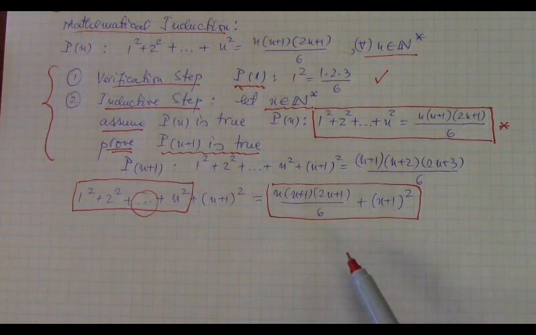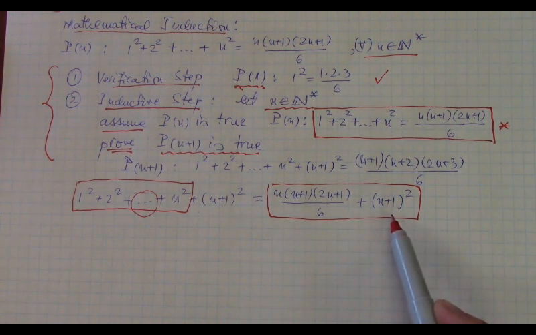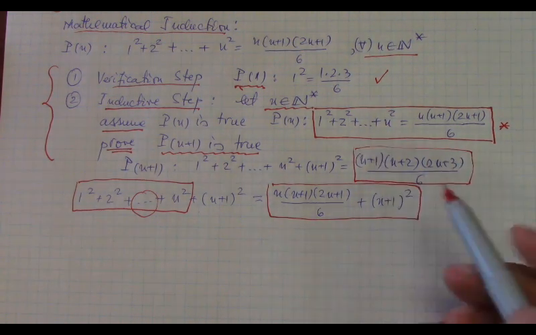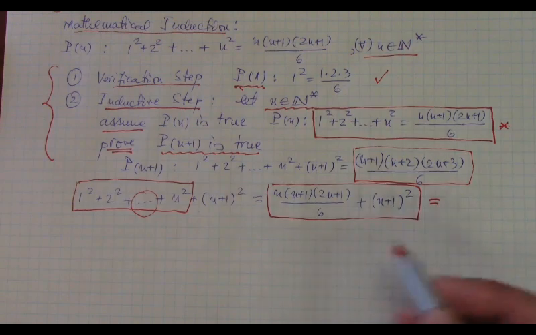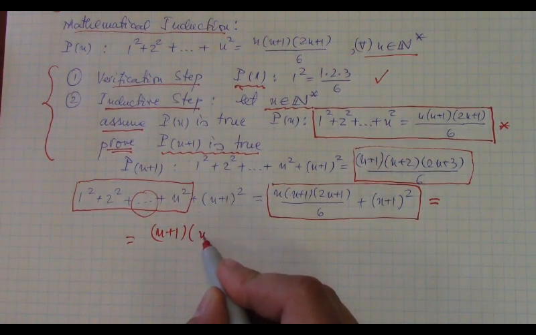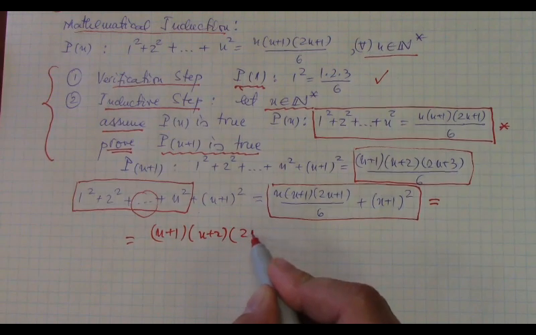So what we see is what we have, so it's easy for us to manipulate it. All right, so now all we need to do is show that this sum here is equal to this. All right, so if we can show that this is equal to n plus 1 times n plus 2 times 2n plus 3